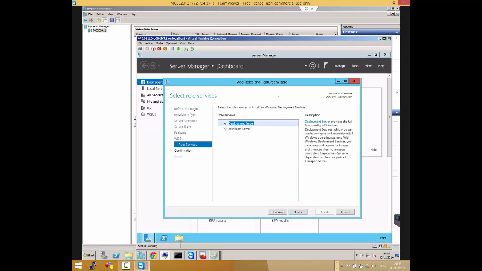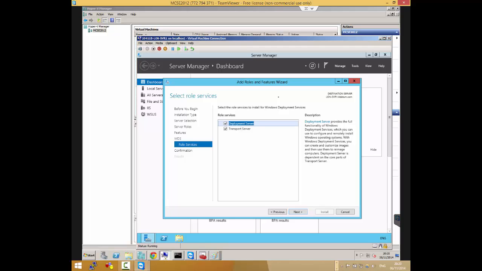The transport server is using a mechanism called the multicasting engine. And for the transport server, you can as well have the PowerShell commandlets to manage WDS.